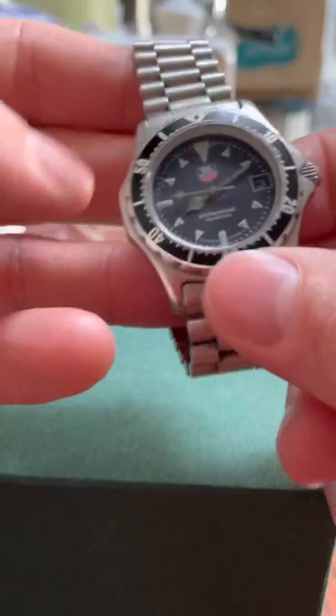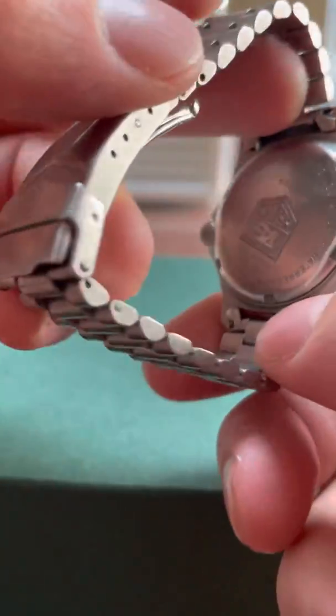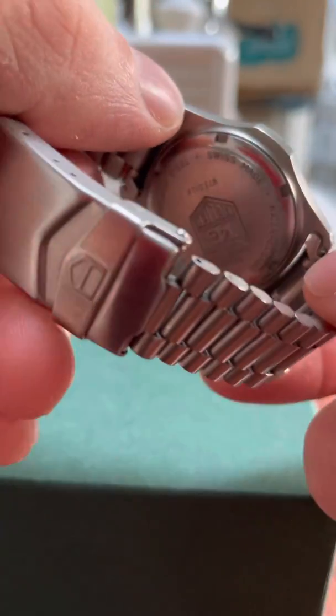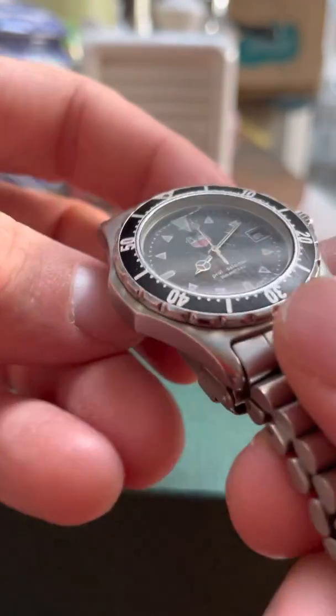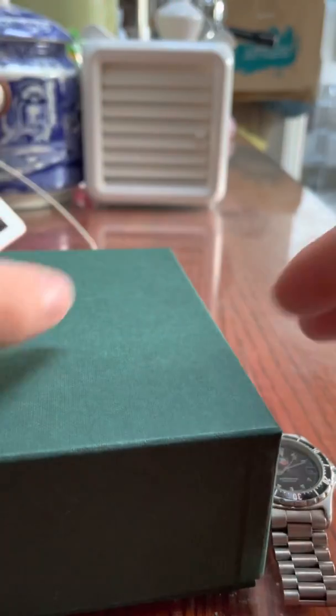So yeah, I think I paid a fair price for this. I think the crystal is sapphire, but it doesn't actually say whether it is or not, as far as I can tell. But I believe it will be. It has obviously some very, very light marks on the crystal, like light scratches, but for its age,